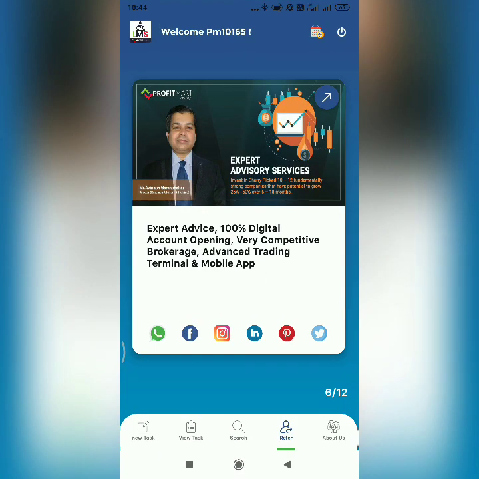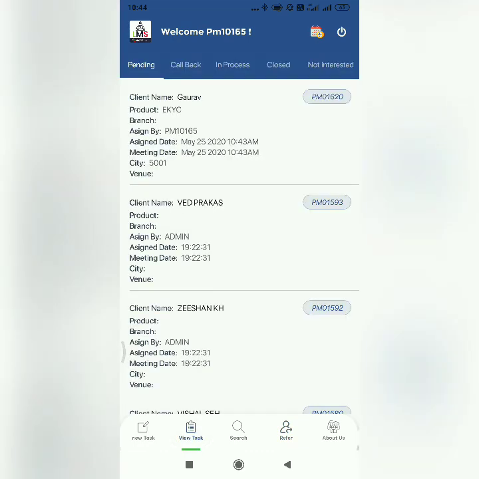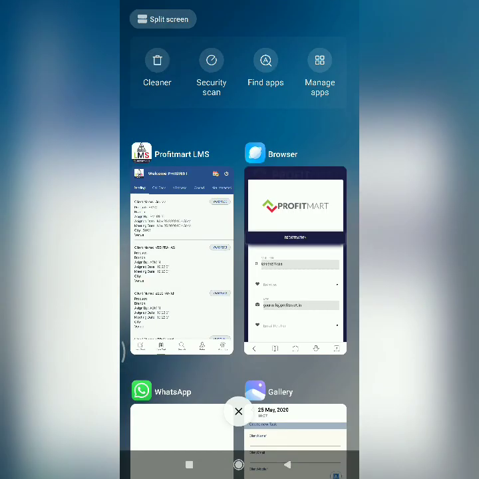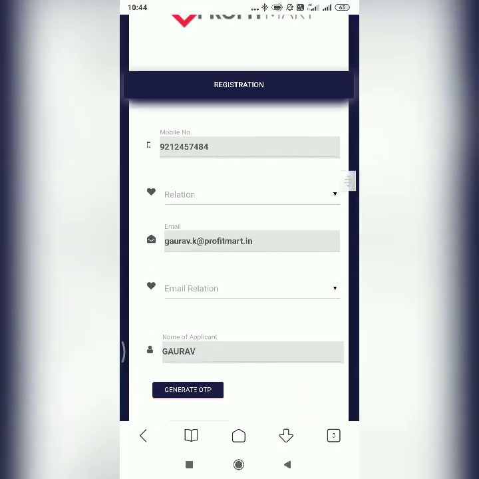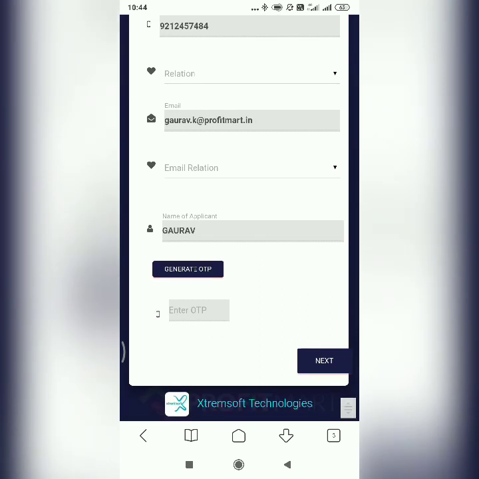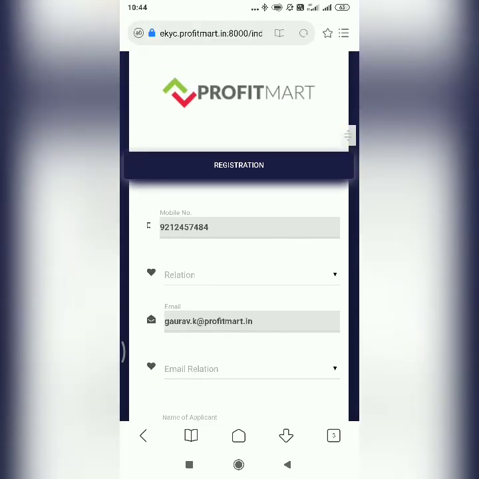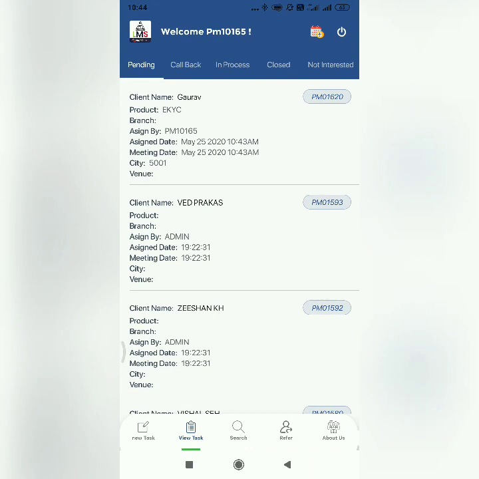You can go to view task. Here the first option is Gaurav. So this person has clicked onto your link and he has tried to open an account. Either he can open an account from here while putting his details and proceeding with all the procedures of account opening, and you can also take a follow up by looking onto your app in the pending section.